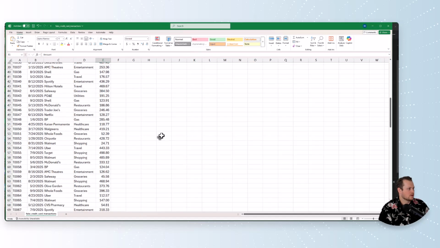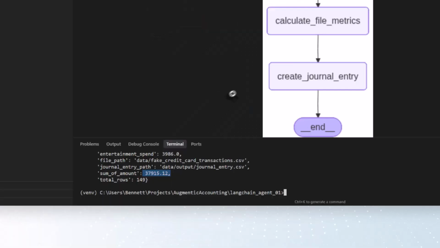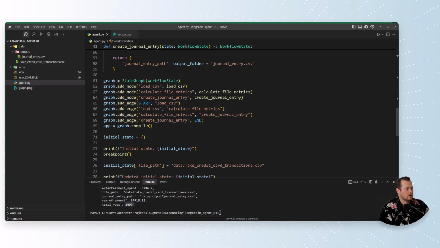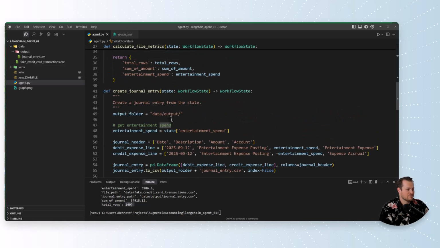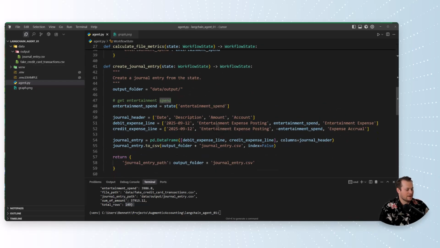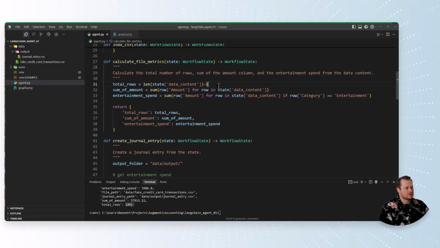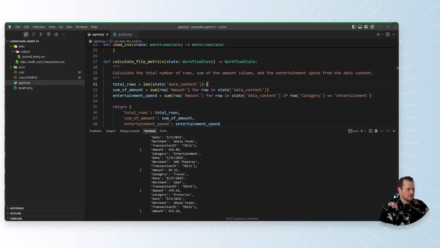And then here it looks like there is 151 rows, but if it's just data, it's 150. And I think I had an error there because I had 149. I think in my code, and I'm going to leave this in the video because it's never going to be perfect the first time, I'm going to keep this in there and show everyone that building something is you iterate, right? So it looks like I assumed that the content would have the header row, but if you think about our data content object,